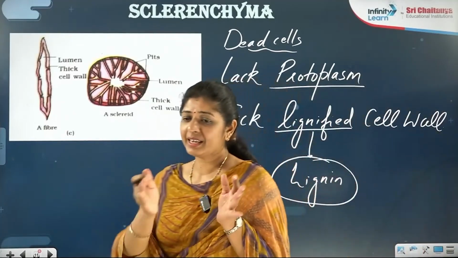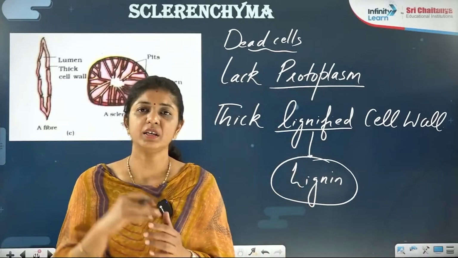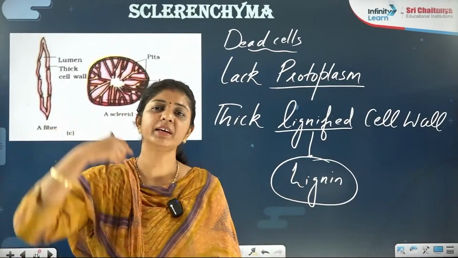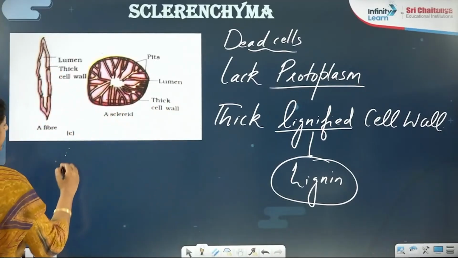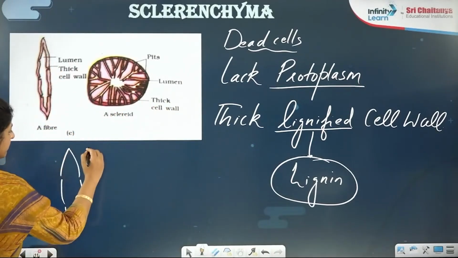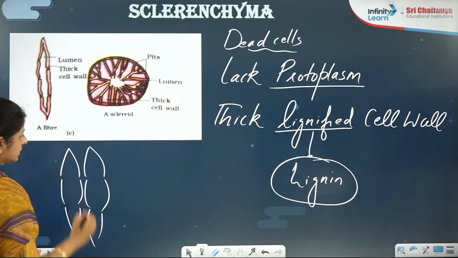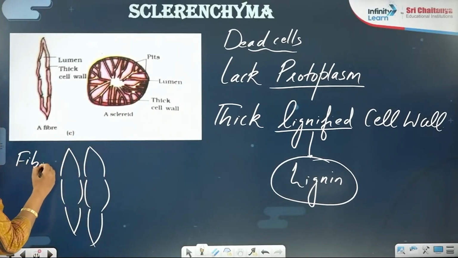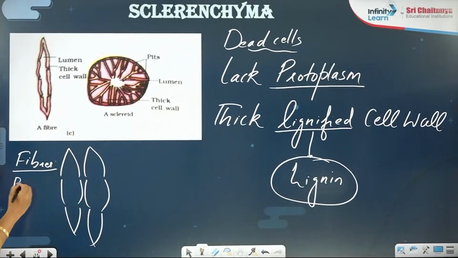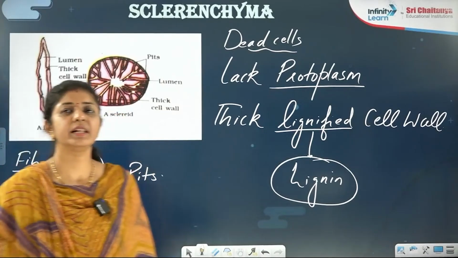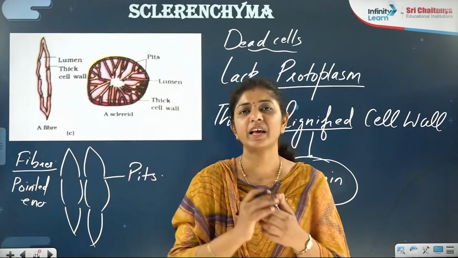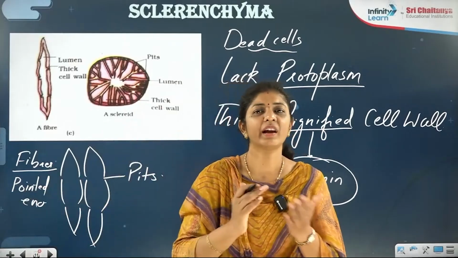Are you getting? But they can communicate one cell with another. But here they are having a special type of things to communicate with each other. Like this cell, if it is there with one more cell, of this, which you call it as fibers. Can you see it is having like a pointed end? Pointed end means like a needle it is having there, right? So this is communicating with the help of these pits, right? This thick wall cells are having pits to communicate with each other, like a window is there between two rooms, right? So they are like that, right?